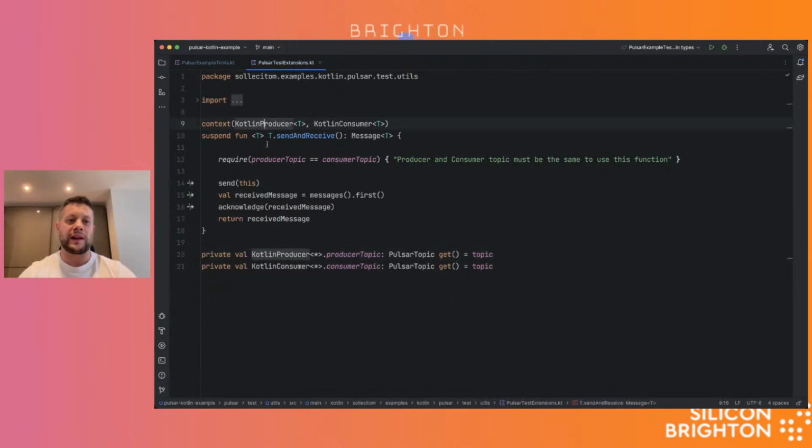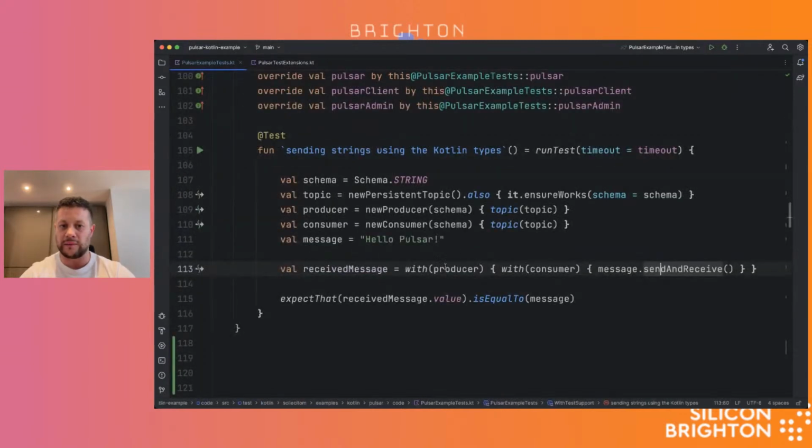Now, what I can do here is I can add multiple context receivers to a function, whether it's an extension function or not, which basically means that this function will only be available if all the receivers are in the context, right? So if you go back to how I'm using this here, I'm saying with producer, which puts this producer, well, of type Kotlin producer as a context receiver.